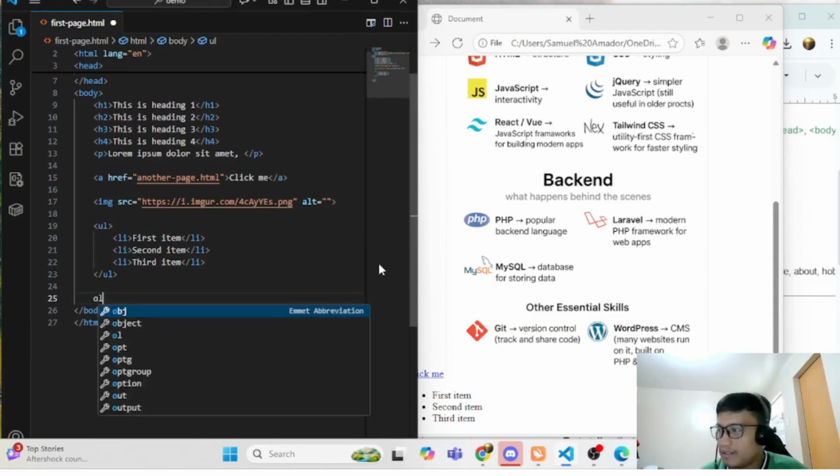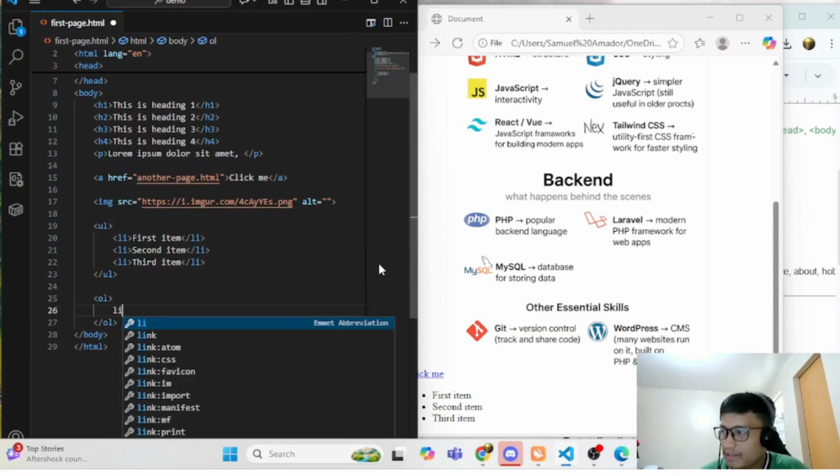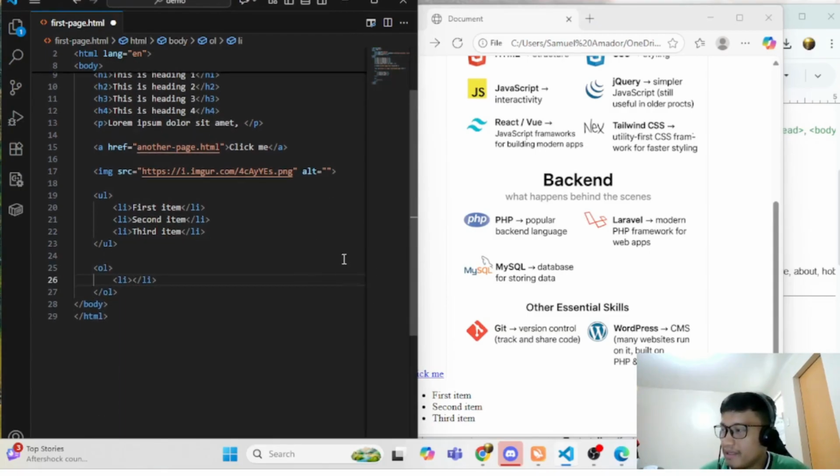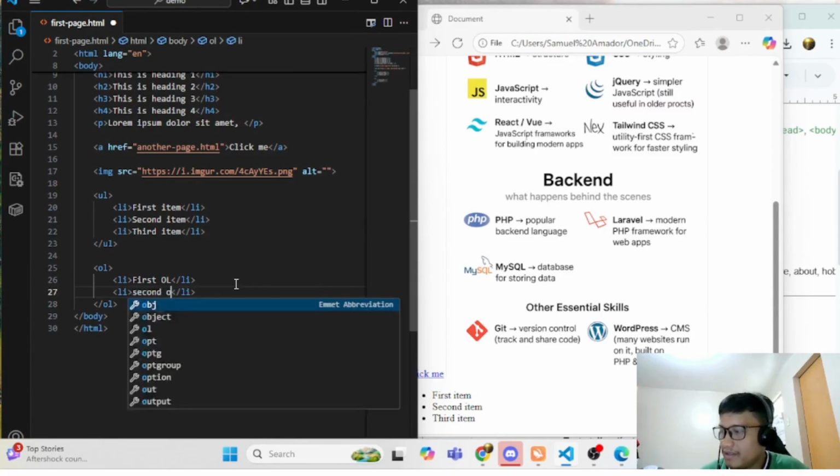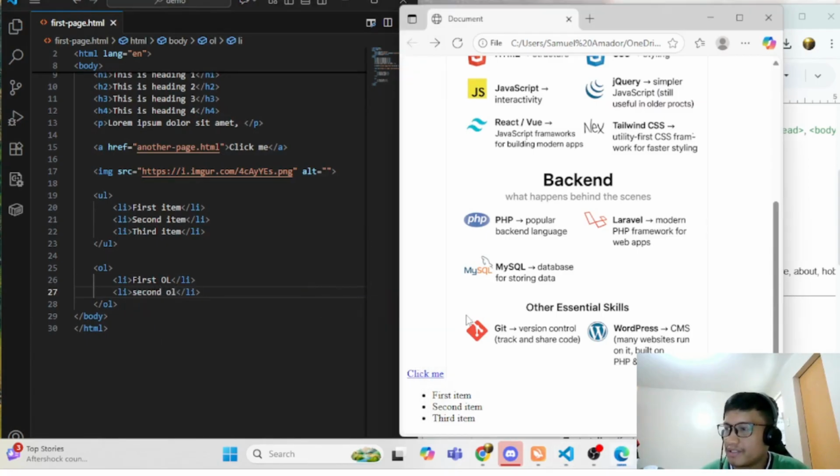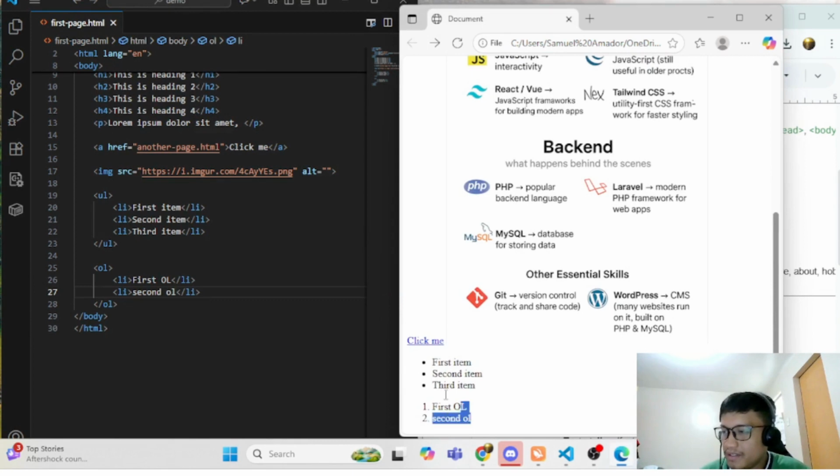Or OL, you can do the same thing. First OL, then second OL, then refresh. Okay, so this is your UL, and then the second one is your OL.